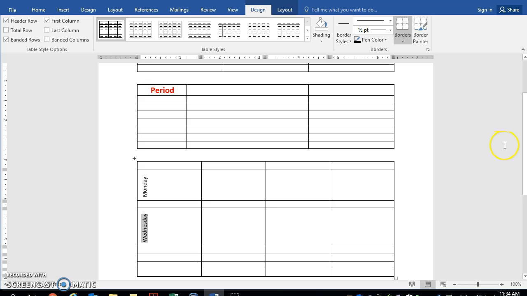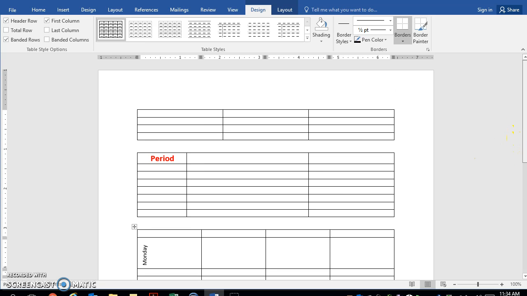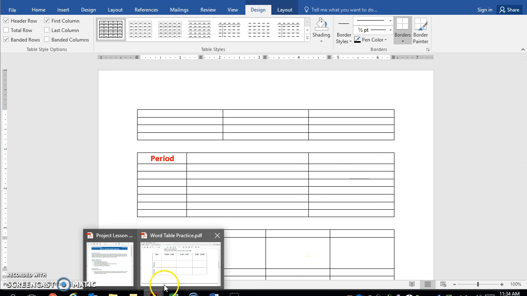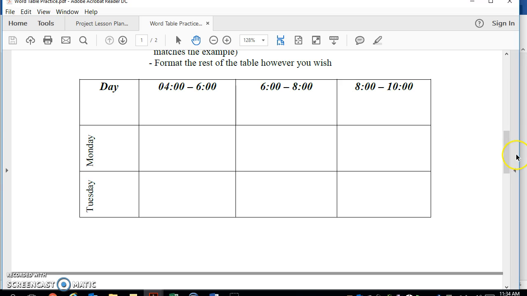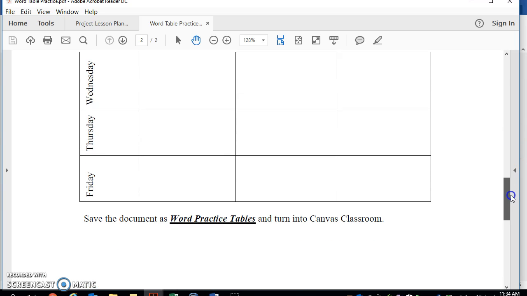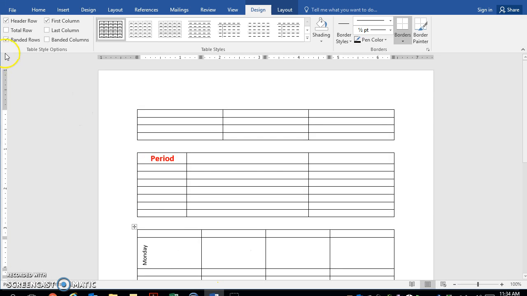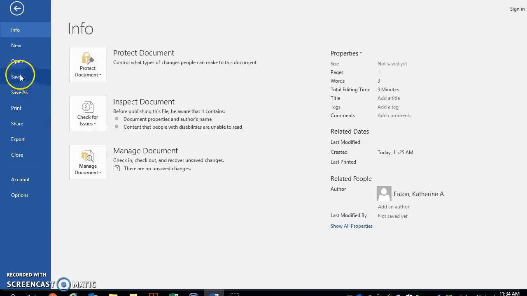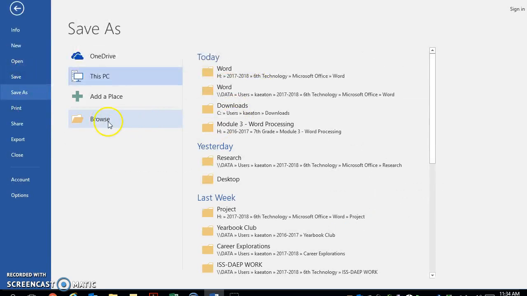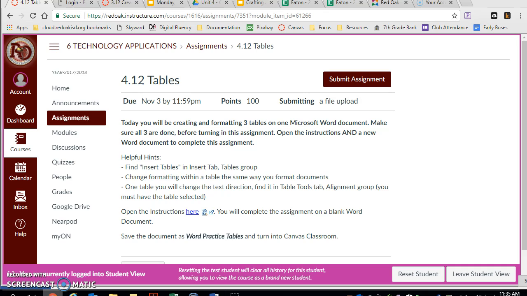All right, when you get all 3 of these finished, then you are going to save the document. I have told you at the bottom of the instructions what to save it as. So if you scroll down to the end, it says save the document as Word Practice Tables. So we will go back. You're going to do your save, file save. Make sure you choose the correct folder, save the file correctly, and then you will go back to the Canvas